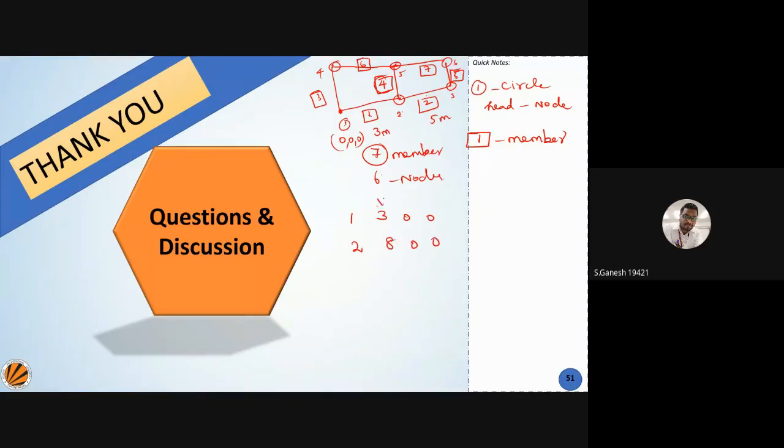So this shows you X, this shows you Y, this shows you Z. Now when I move in this direction, suppose this direction is Z, I will write my third member. So X is 0, Y is 0. I'm moving in the Z direction. So Z is now, say, 2 meter. So I'll write 2 meter. So like this we need to develop it. Okay, right? I hope you got the answer for that.